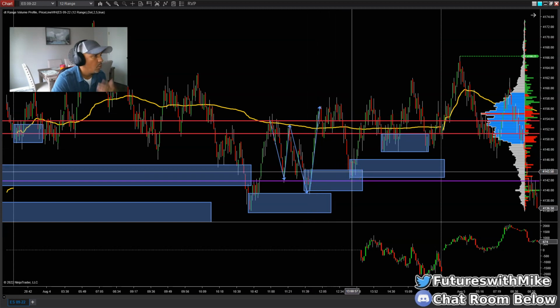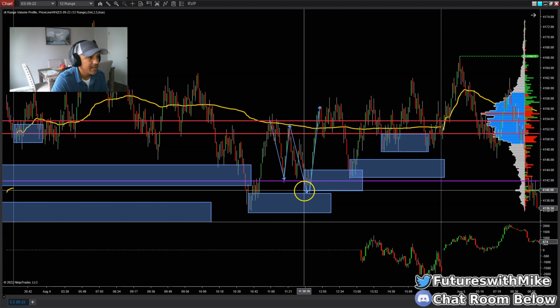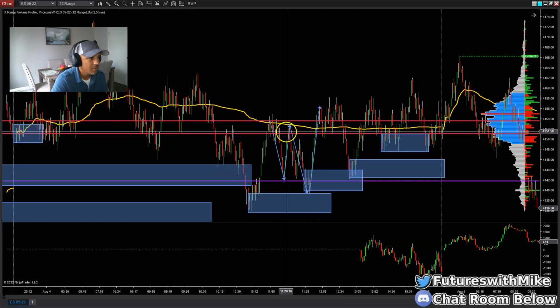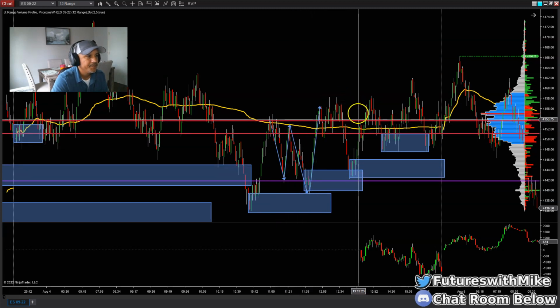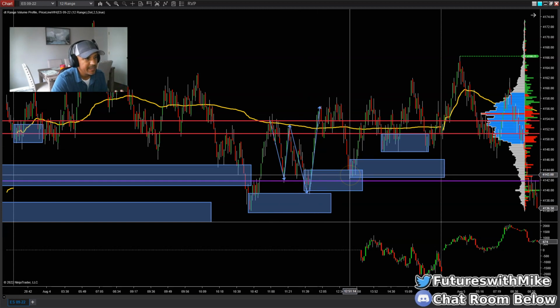All right, here, 1 o'clock in the afternoon. Let's see what happened. So when price made this high right here, after breaking through structure as it was moving back to the upside, broke structure, took out a high here, pulls back, market area demand right here. When it gets back down there,